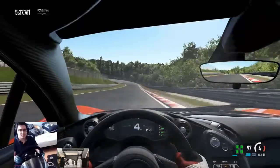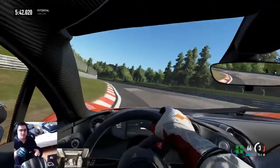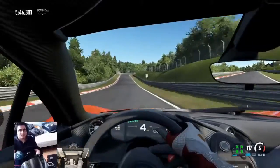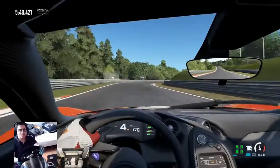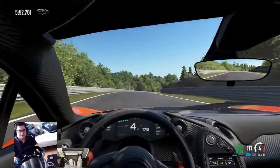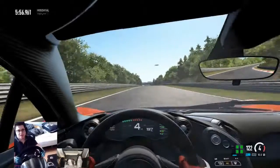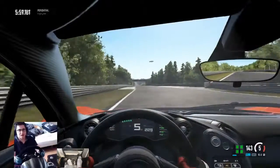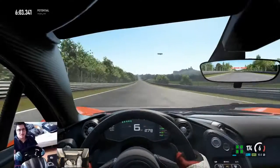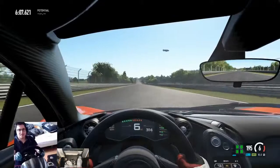And down to the mini carousel now, almost at the back, almost at the end straight here, into third. Back on the power. As the car wrestles me for grip, going a little bit wide. But let's see what speeds this car can reach as we're at the back straight and powering hard now, accelerating. And we've got DRS open as well, KERS kicking in as well, so accelerating that electric motor, giving the